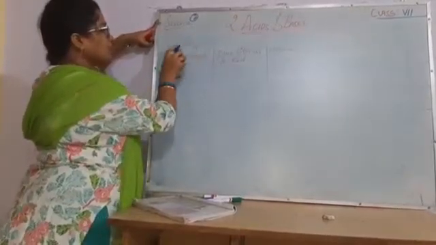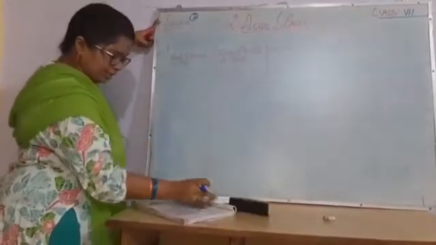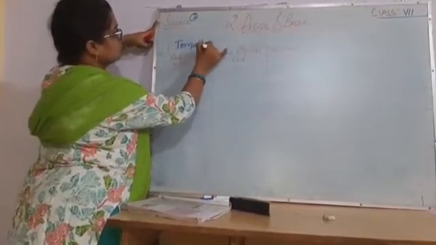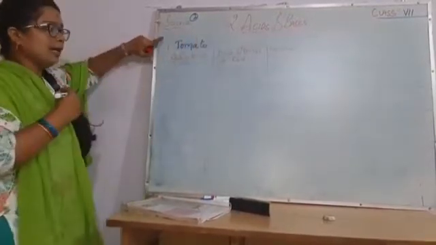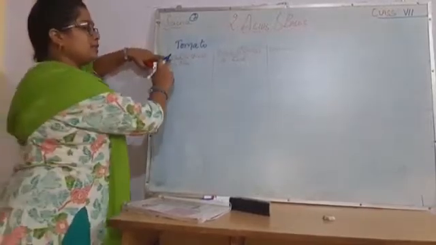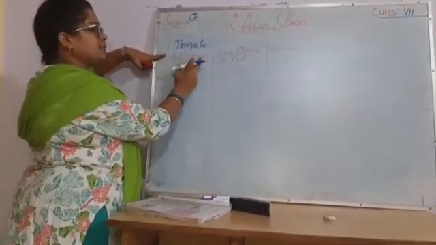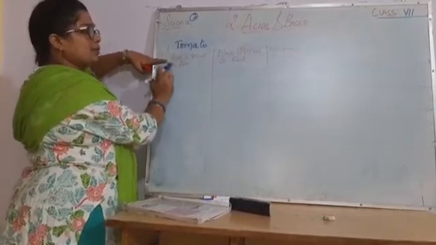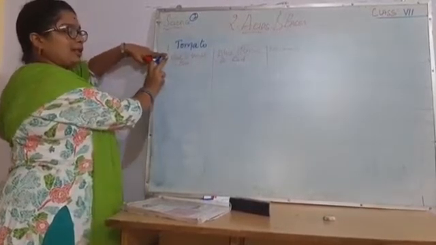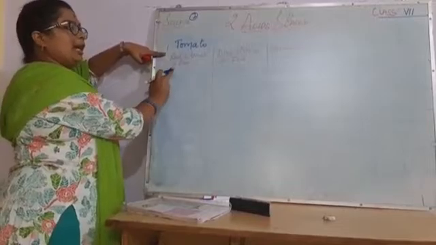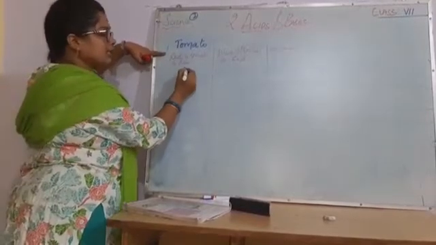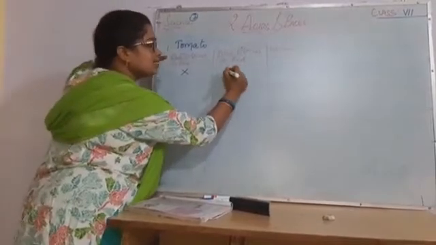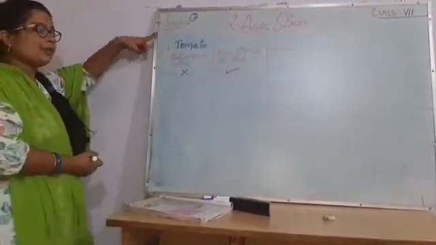Next one in your column is tomato. For tomato, you have to check whether red litmus paper changes to blue. You have to put red litmus paper and check. There will be no change. If you put blue litmus paper, yes, it turns red. Got it? Next